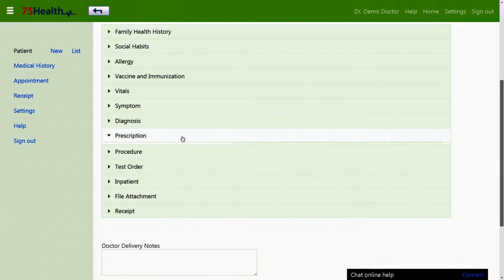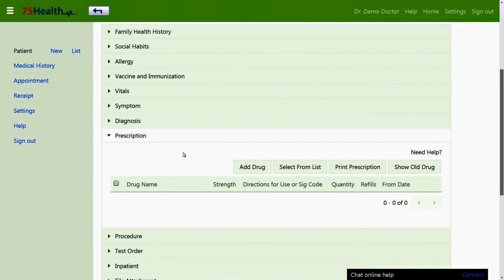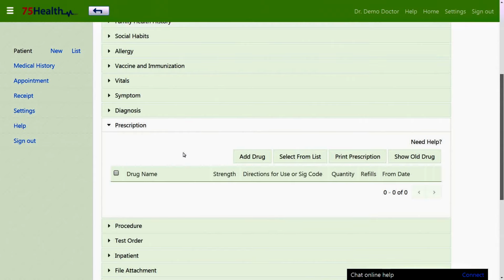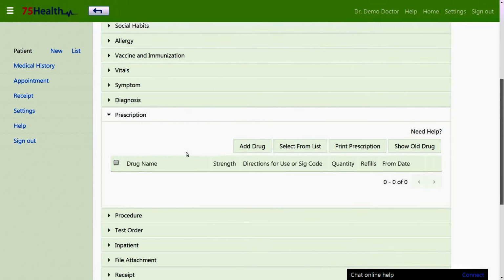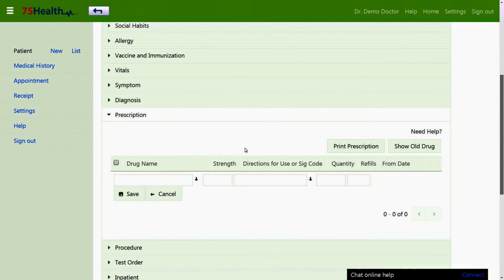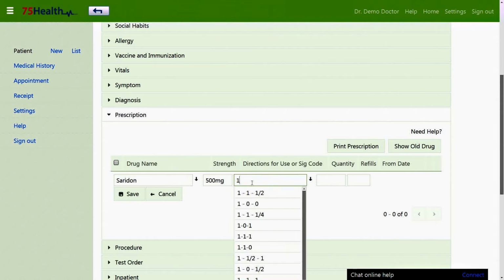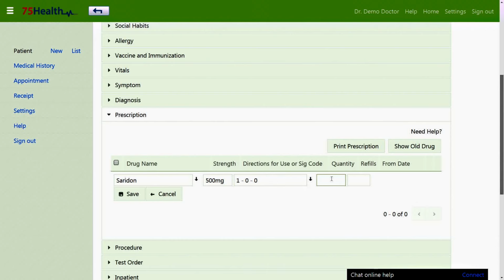The Prescription section is used to prescribe drugs by a doctor. A doctor name entered even on a single occasion is captured by the autocomplete feature, enabling its predictability when it is entered again. The drug name, its strength, directions for use, quantity of intake and refill status are entered and